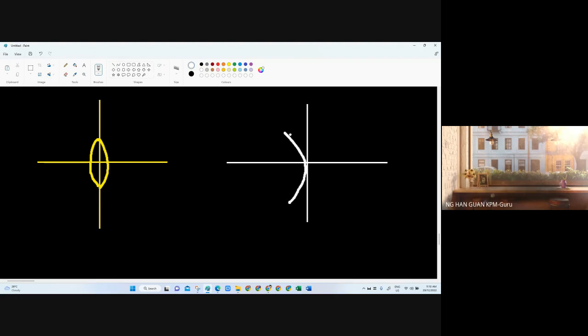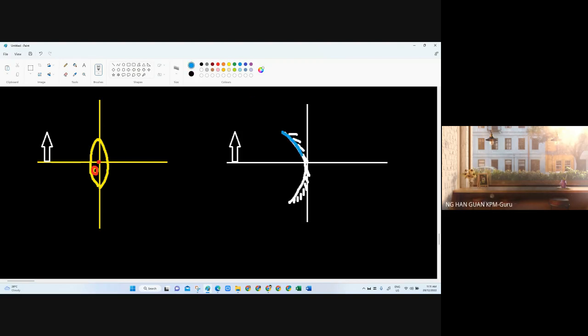So here's our object. For the lens, we have the optic center, which is the center here. But for the mirror, we have the